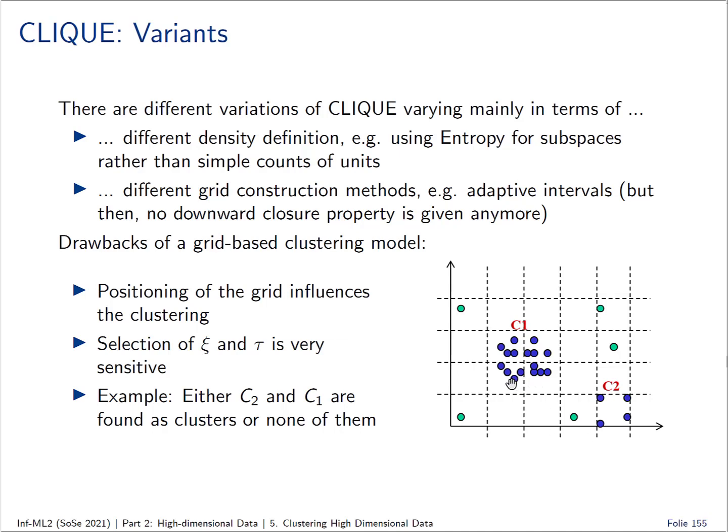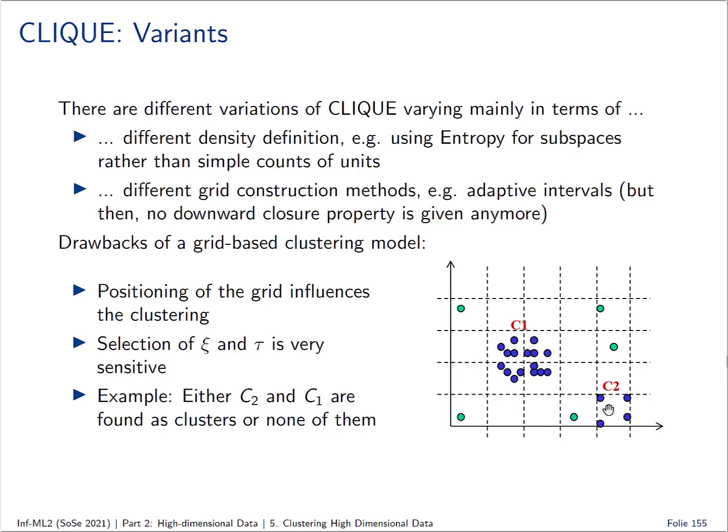We have to set tau to at most 4 in order to find this cluster here, because then all these 4 grid cells are dense, they are neighboring cells, they are connected, so they are one big cluster. But then also this cluster here is reported, obviously. There are different ways to get around that with post-processing and stuff like that, but that is always a